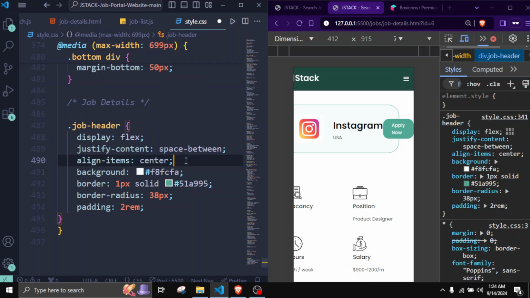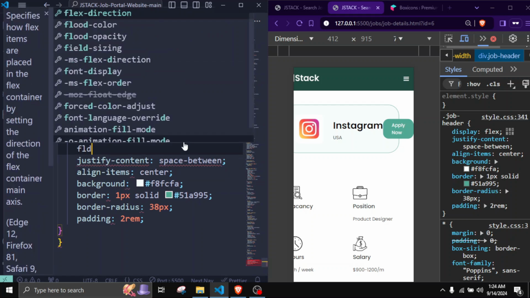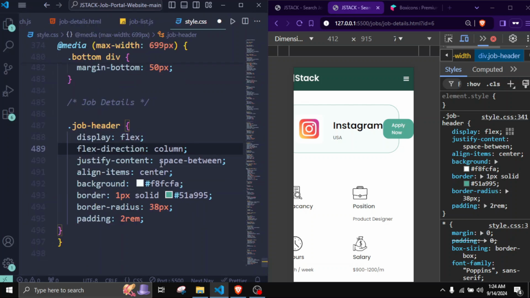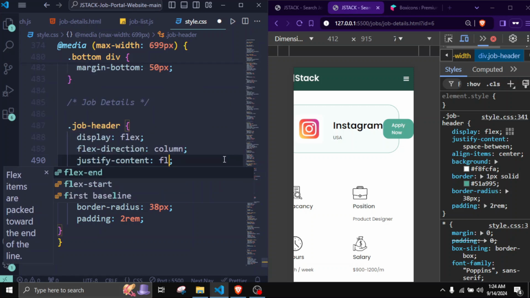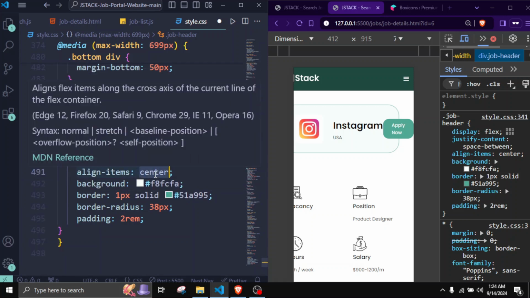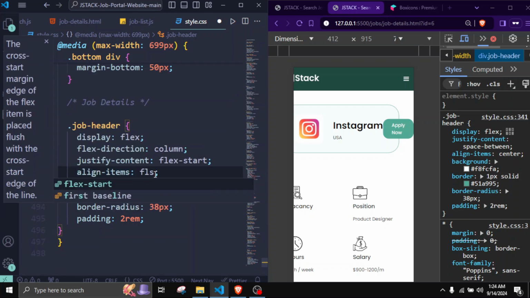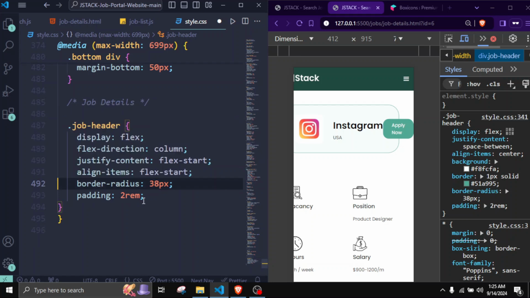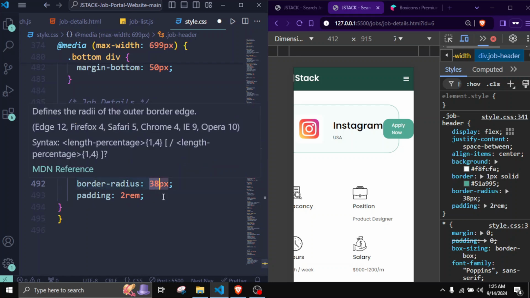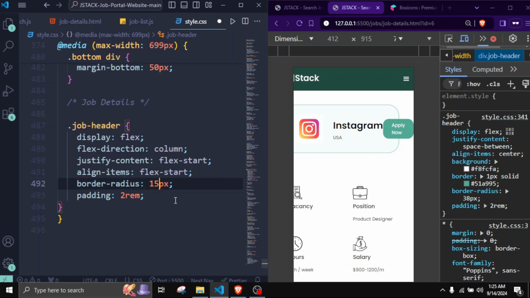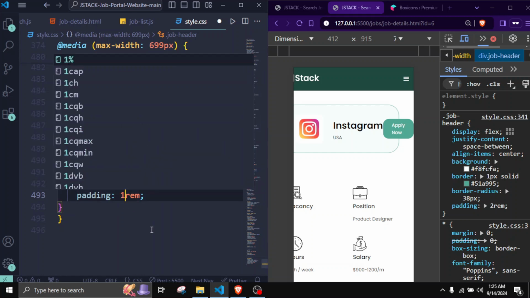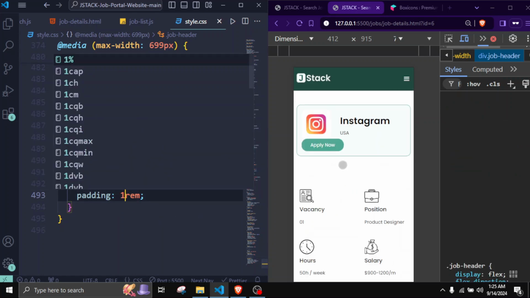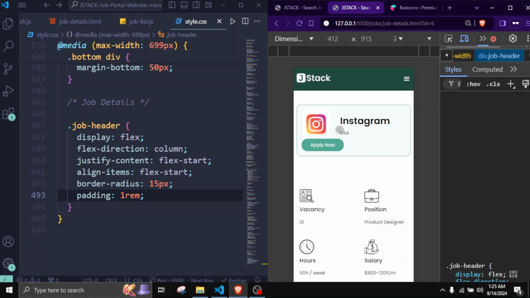And here I will use another property which is flex direction column, and justify content will be flex start. Align items will be flex start as well. And from here I don't want to change the background, the border, but the border radius will be 15 pixel and the padding will be 1 rem. Now save. Here you can see that they are now actually in one column,